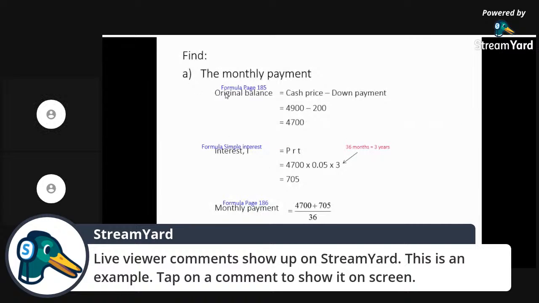So first of all, you need to calculate the original balance, because we have the monthly payment formula. Monthly payment formula is total